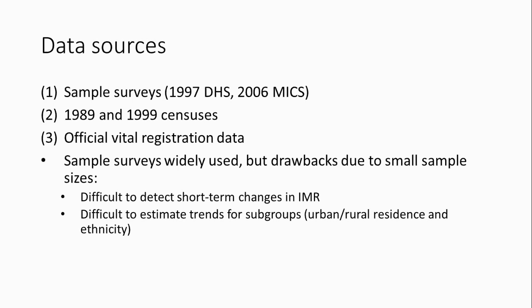And the reason is that we were interested in these short-term trends, and that's one problem that we have with survey data and these methods, that they're not very specific in terms of being able to detect these annual fluctuations or stagnations or slowdowns. So we wanted to see if we could do better, and also we were interested in subgroups. And as you know, especially for small subgroups, direct DHS information or indirect estimates are difficult to use to capture differentials.